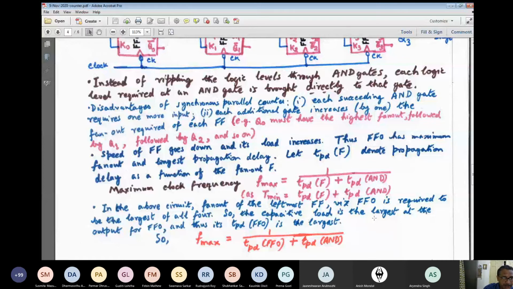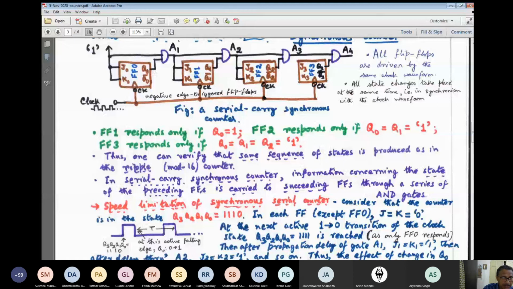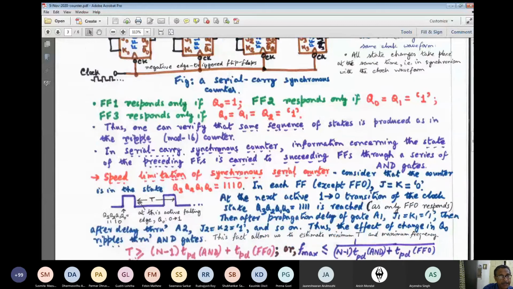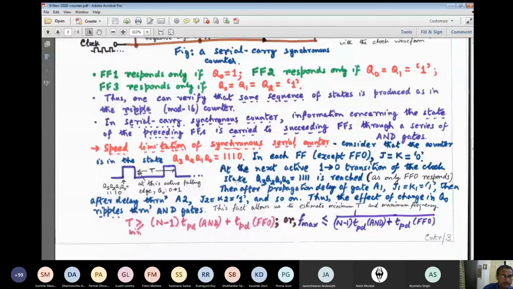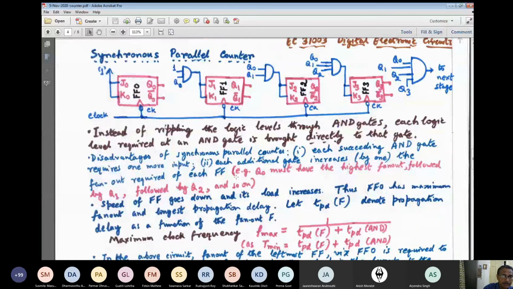Earlier, we were feeding them in serial fashion. We are keeping only 2-input AND gates throughout, but it goes serially from these to these, then these to these. So in order that Q0's effect should be felt at the rightmost flip-flop, it has to pass through n-1 AND gates. Here we are not waiting for that. The serial delay we are circumventing, overcoming. How? By feeding in Q0 directly to this AND gate, directly to this AND gate, directly to this AND gate. So Q0 is simultaneously fed to this point, this point, this point.